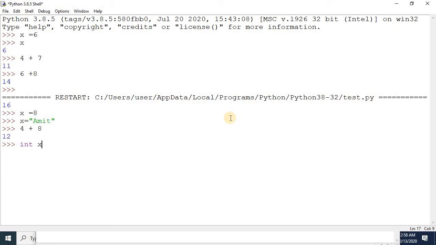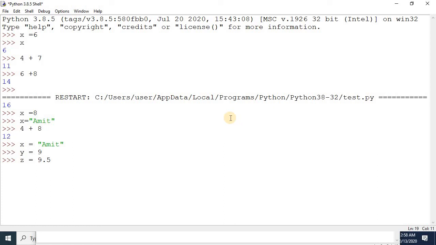You cannot enter a floating point value or a string value. But in Python, it's not like that. You simply write x equals Amit, y equals 9, z equals 9.5. Python automatically takes their data type. The data type of x is string, of y is integer, and of z is float.